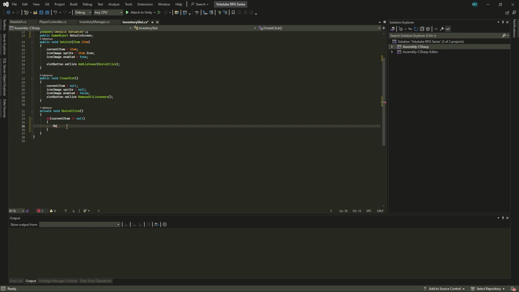details screen. So we're going to say details screen dot set active true. But before that, we're going to then say the current item. Well, okay, we're going to say the details screen dot. Yeah, let's say details screen